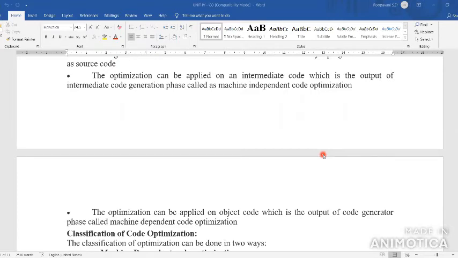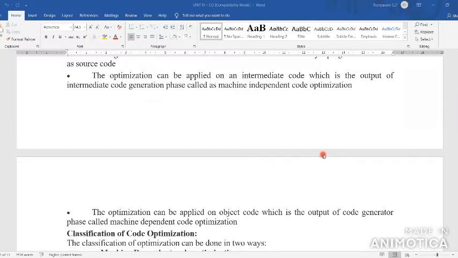Intermediate code means machine independent code optimization; object code means machine dependent code optimization.